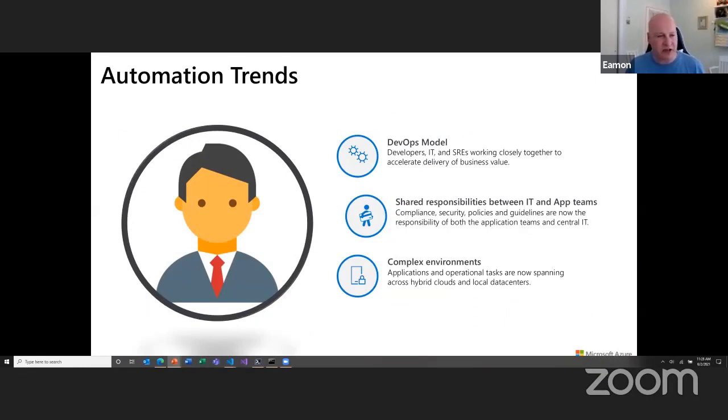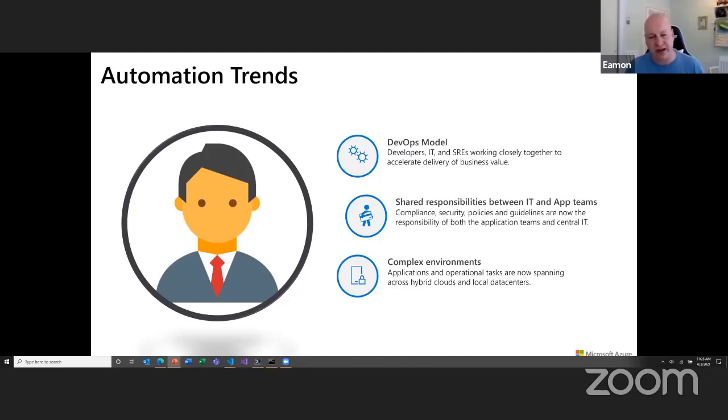So when we think about these automation trends, the main goal of introducing Azure Functions is really to try to bring the operations and developer teams a lot closer together, because as you're writing these applications, one of the goals with functions and serverless in general is to increase the productivity and delivery of your solutions automatically. And so that requires a DevOps model to really accomplish that.